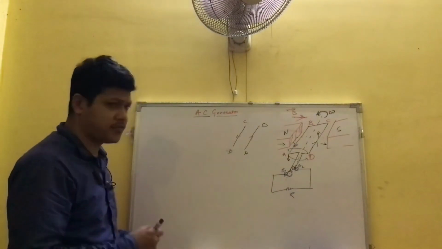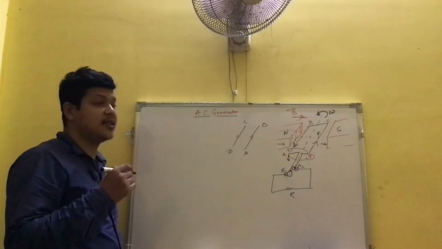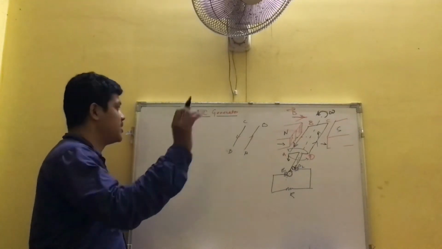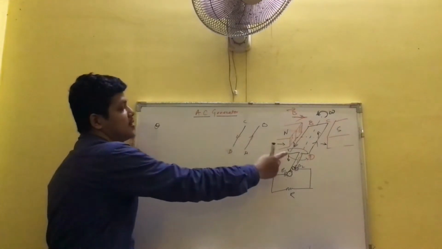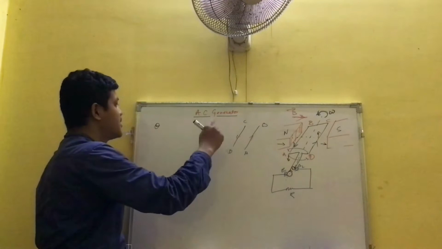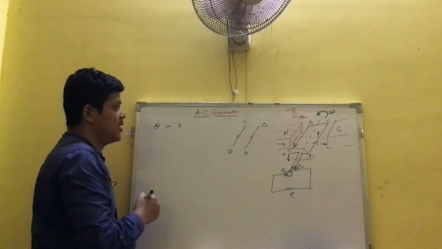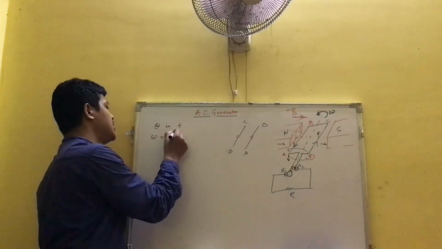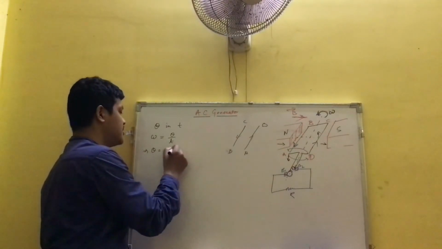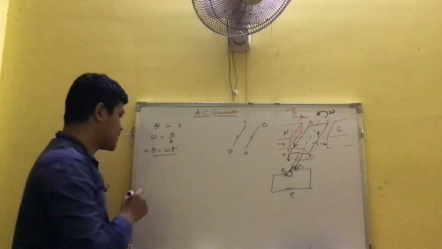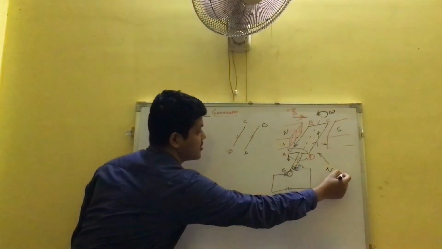Now let me tell you something here. Suppose this coil rotates through angle theta in time t, then the angular velocity omega is given by theta by t, and that's why theta will be equal to omega t, right? Now the flux in this coil, if there are n number of turns,